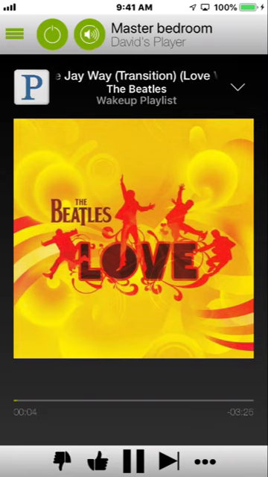The reason that you'd want to do this is actually for things like waking up. You can schedule playlists to turn on and turn off at certain times of the day, and so you may want to do that with a station as well as with different albums and so forth. Okay, so that's a quick summary of